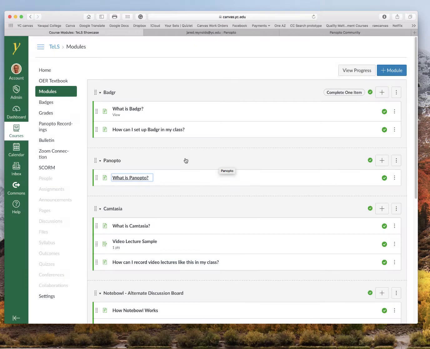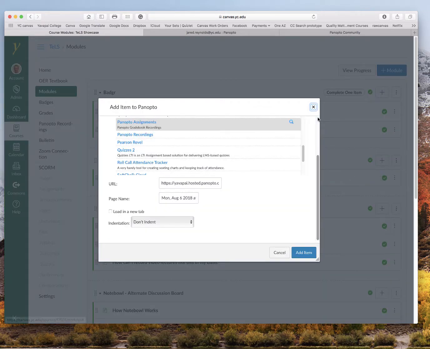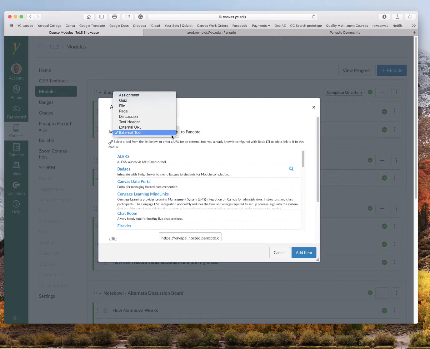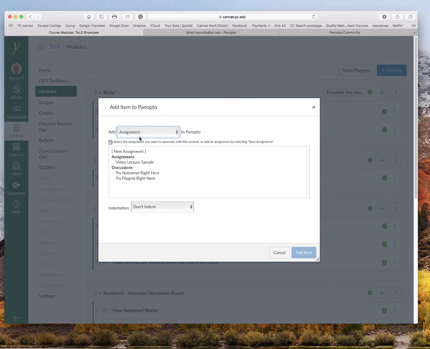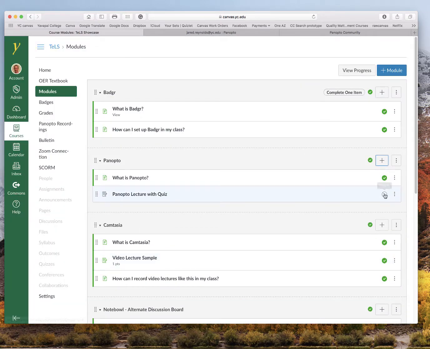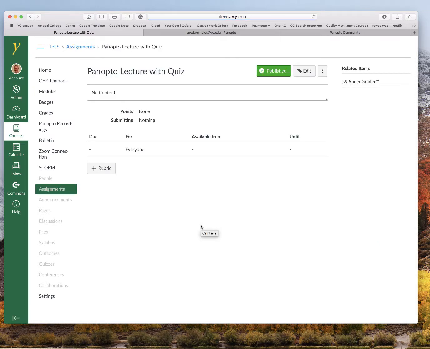next thing that we want to do is create an assignment. So we're going to add an assignment, and we're going to call this Panopto lecture with quiz, and add the item, publish, open, edit,